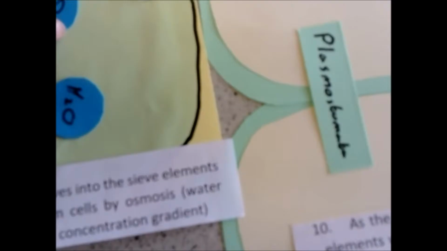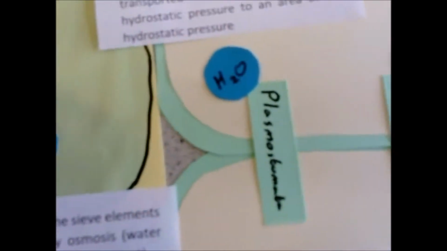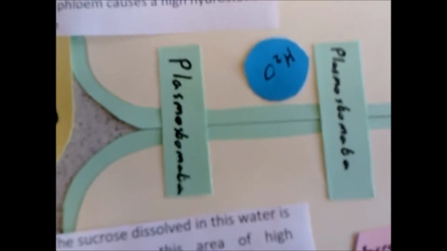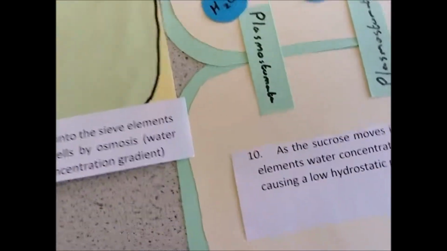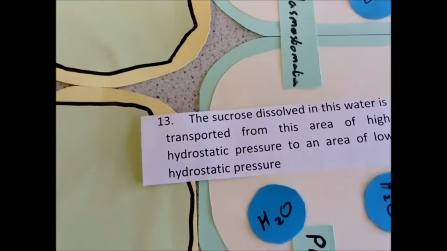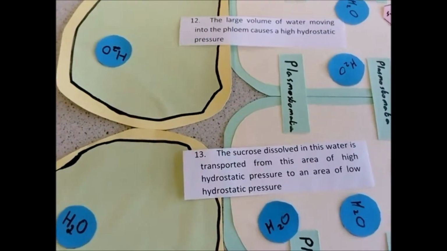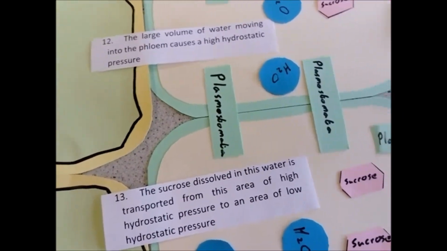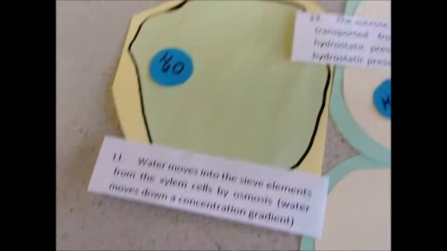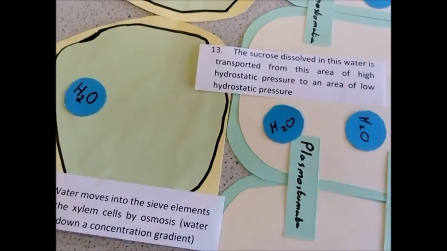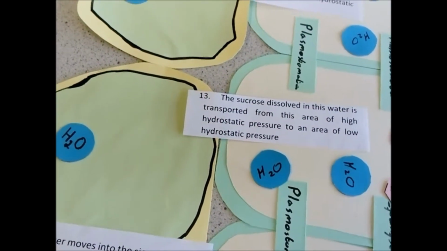So water will diffuse out of the xylem into your phloem sieve elements because it will move down a concentration gradient. So this large volume of water that moves in causes hydrostatic pressure. This increase in hydrostatic pressure enables the sucrose to be dissolved in the water, and because hydrostatic pressure is always going to push things from an area of high hydrostatic pressure to